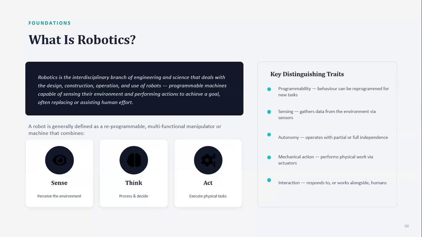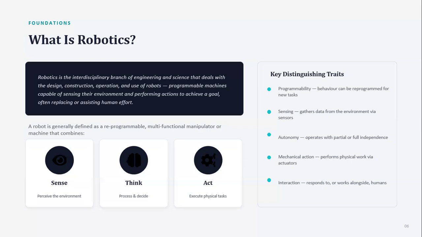Let us now get into the problem introduction directly. So, what do you mean by robotics? How does it create a significant impact in various industries? Robotics is an interdisciplinary branch of engineering that focuses on designing, building, operating, and controlling robots. A robot is a programmable machine capable of performing a number of physical tasks with varying degrees of freedom.